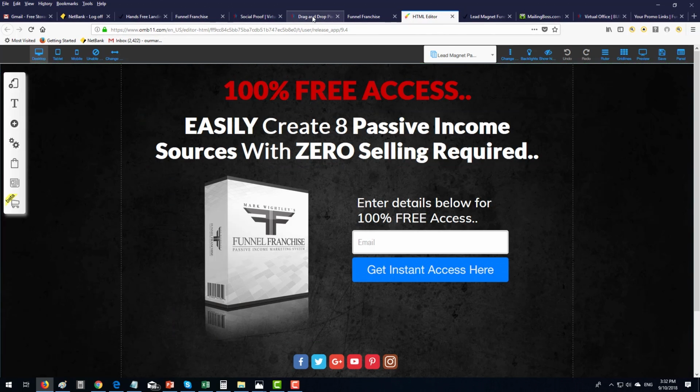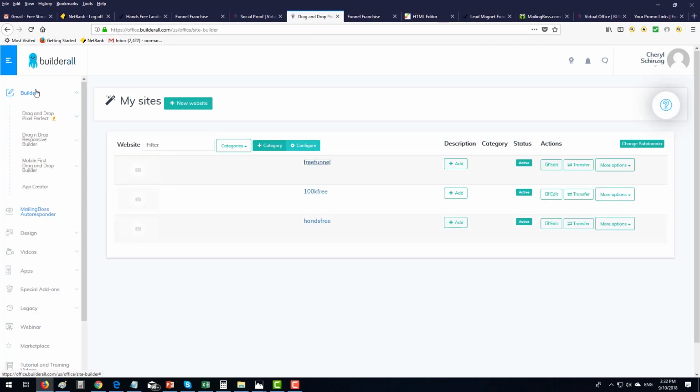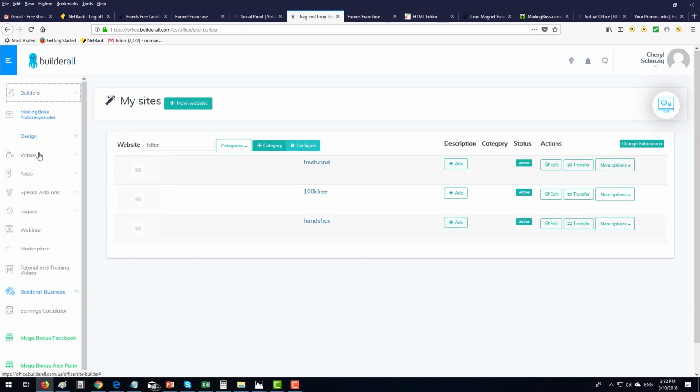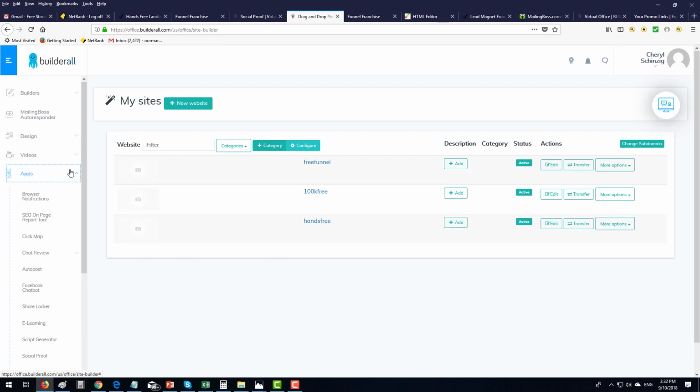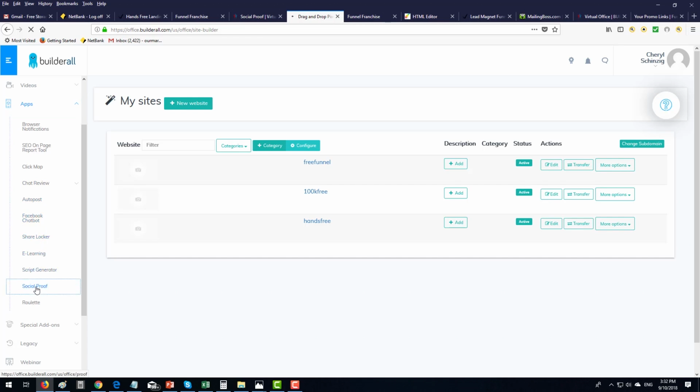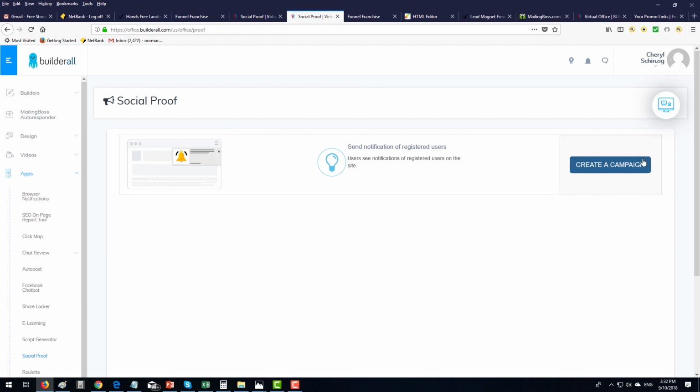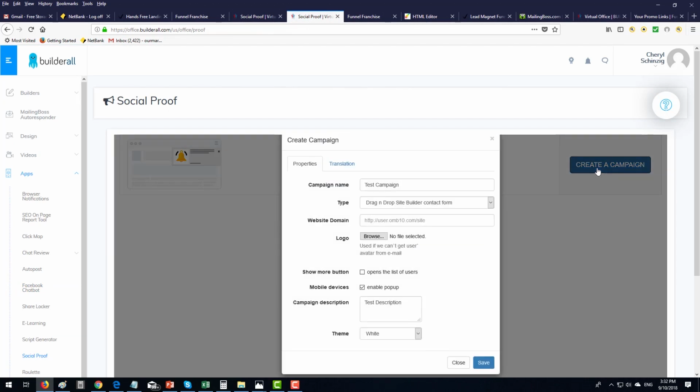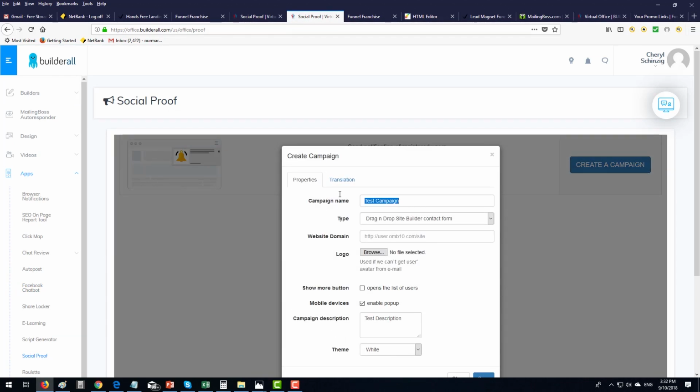So what you want to do is come back to your Builderall dashboard, and then down the side here you're going to see all these different things. You'll see one called apps, and if you click on that little arrow, it's going to have a drop down of all the different apps we've got access to. We're going to come down to social proof. Click on social proof, and then click on create a campaign. So I'll click on create a campaign, and let's just call it